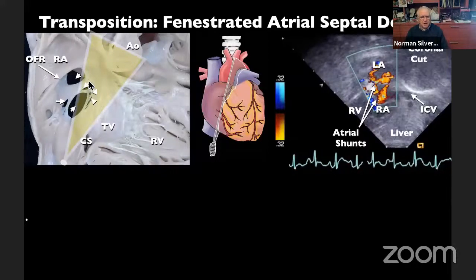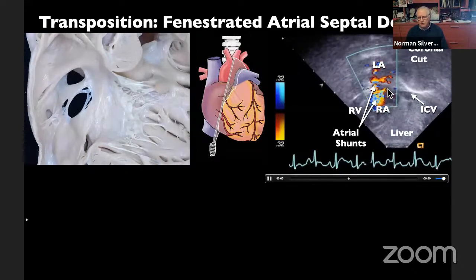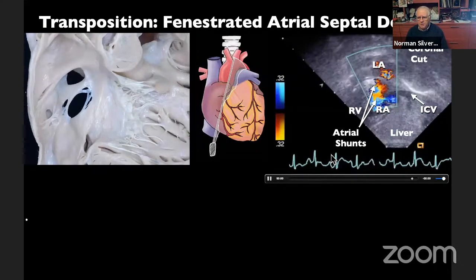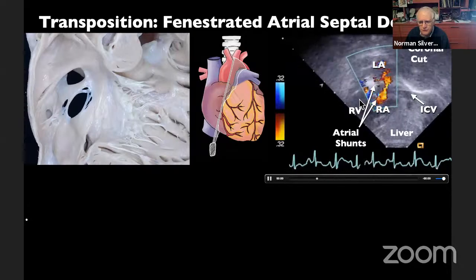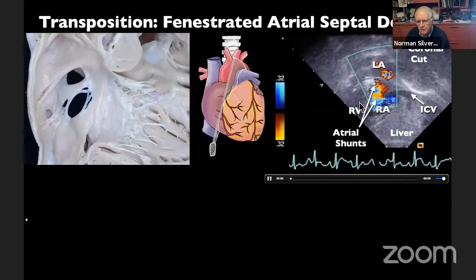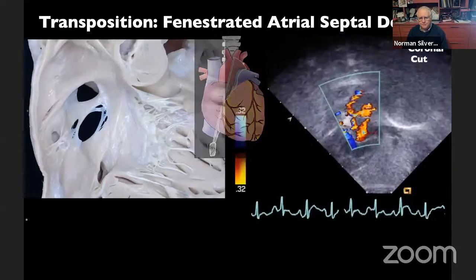But here's a patient with multiple fenestrations in the fossa ovalis, and you can see many holes in the septum from this example here. And here is an example showing multiple fenestrations over here. And in many patients in our institution where this is present and we know the patient will go to surgery fairly rapidly, we defer doing a balloon atrial septostomy if the saturations are adequate, because complications from balloon atrial septostomy have been described from our institution as well, the University of California.